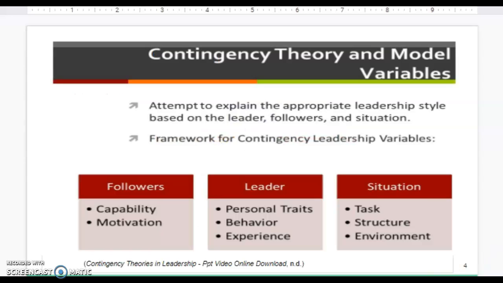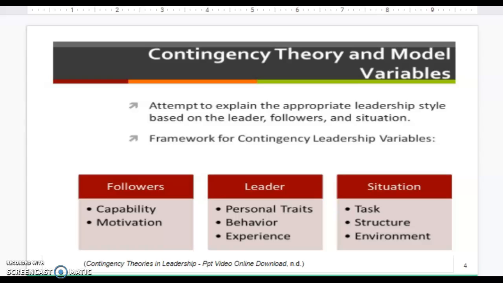To understand this theory, we'll look at Fiedler's model. This model states that three important factors contribute to situational favorableness. To be productive, leaders must consider these factors. However, this theory also considers leadership styles to be fixed and unchangeable. Therefore, if a leader's style is not a good fit for a particular situation, they will need to be replaced